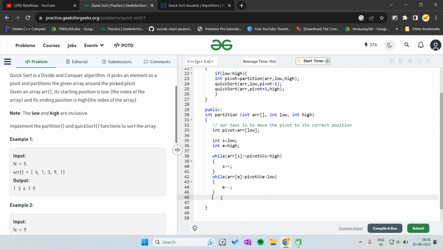Now there is a case where we have to swap it. We have to swap arr[s] and arr[e]. But there is a problem in the swap, because we don't need to swap when S and E cross each other, or we can say that S is greater than E. Why? Because if S is greater than E, say here is the pivot, S moves here, and E moves here. So if S and E cross each other, then we can say that